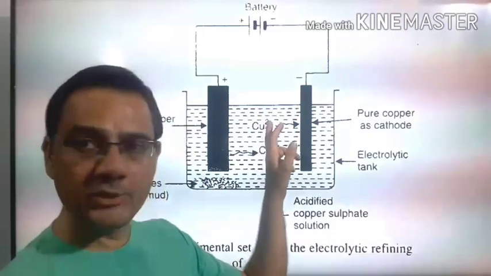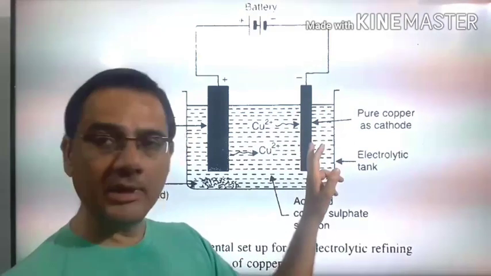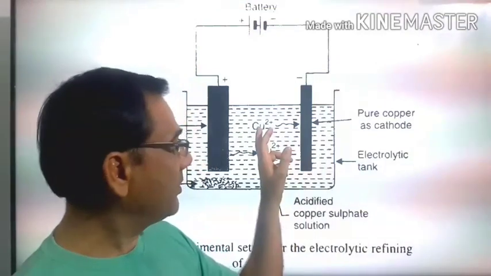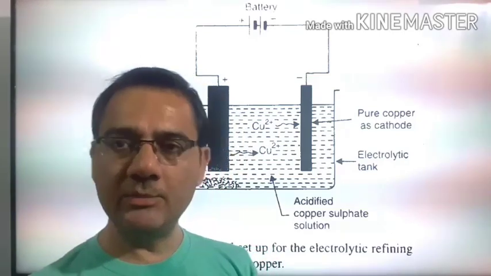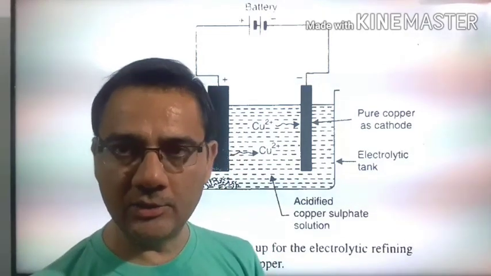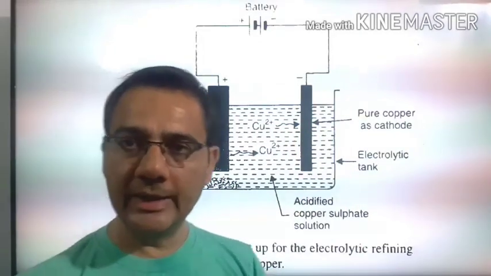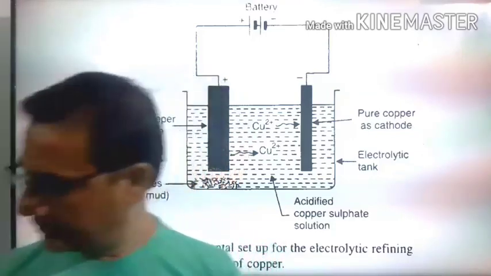Copper contains a plus 2 charge, so this is the cation, and it starts moving towards the cathode. For what? To get discharged. Each copper plus 2 ion moves toward the cathode. The cathode contains a negative charge, and negative charge means there is an excess of electrons. Electrons यहाँ पर ज़्यादा होते हैं, तो ये copper plus 2 क्या करता है? That moves toward the cathode, gains 2 electrons and gets reduced, and we can see the reaction.